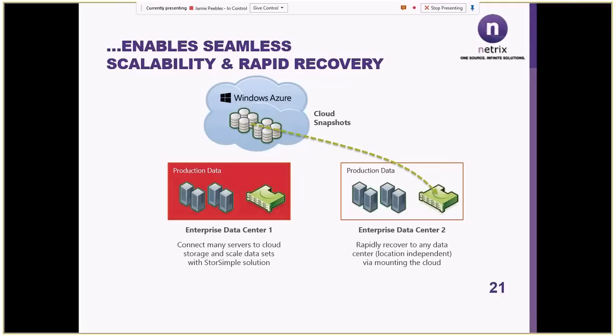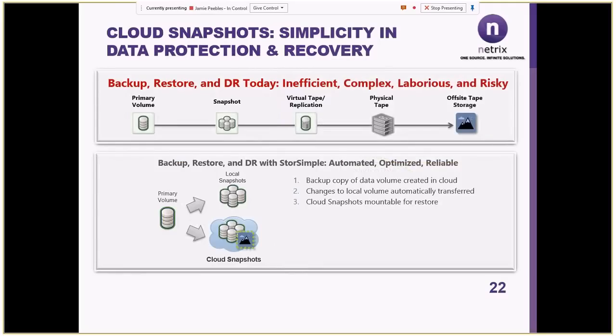And now that rapid access is interesting because it's not your typical data recovery exercise. If we go to the next slide, you might see we've got a detail here that talks about what actually happens. The top of this is your typical workflow for disaster recovery today. You'll have a primary volume, you take a snapshot, you might move it to a VTL that could be on-site or replicated off-site, and then that information may be put on physical tape